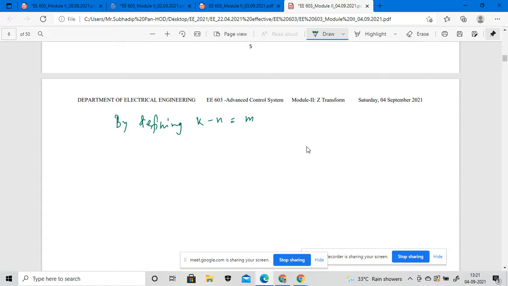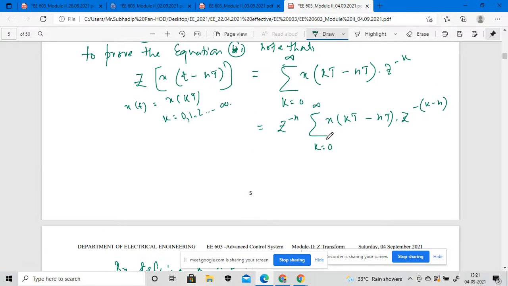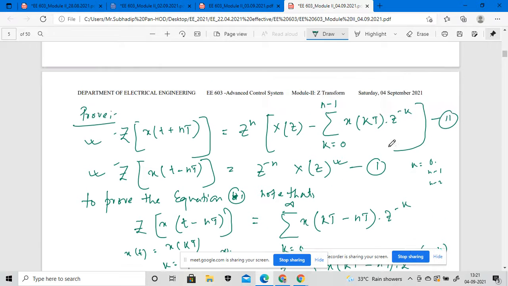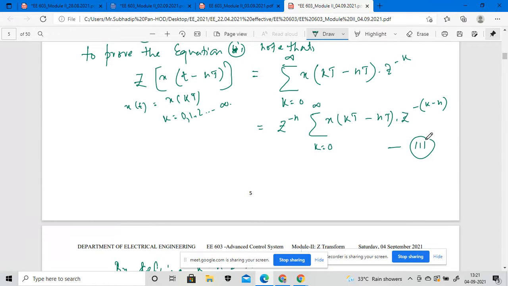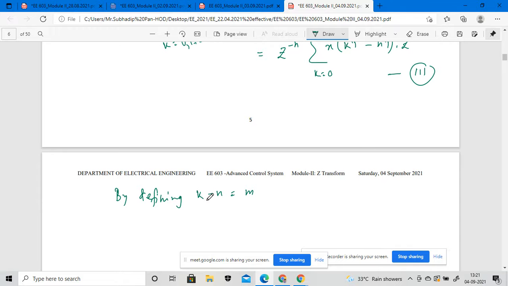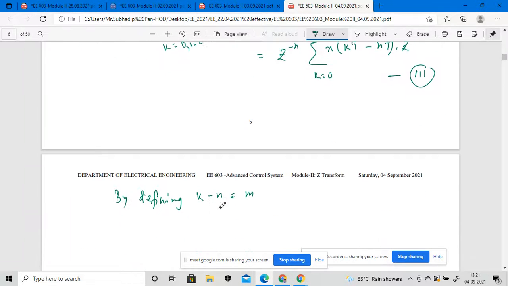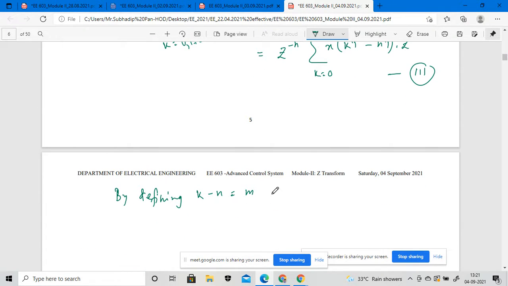This equation will be considered as my equation 3. So equation 1 will be this, equation 2 will be this, and equation 3 will be this. So if we define k minus n as m,